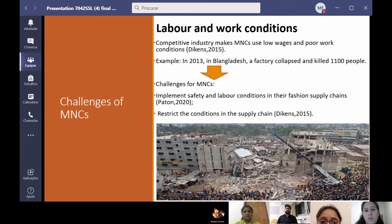about 1,100 people died in this factory fire. So this is very challenging for the MNCs: how to tackle this problem, how to innovate their workers to work in their factories. For this purpose they also introduced a voluntary code of conduct in which the workers and the other people of the factory have a right to speak their rights. And the second challenge for the MNCs,